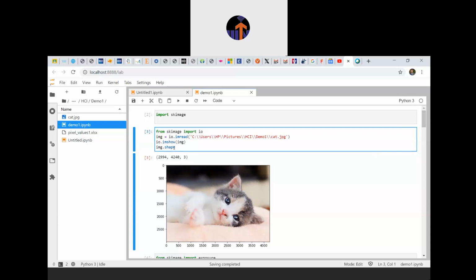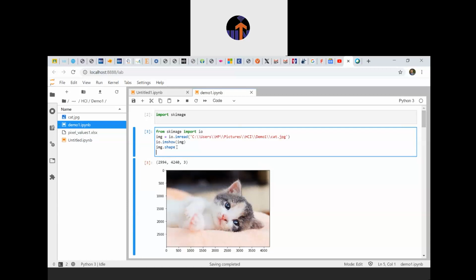Now the other one is called shape. The shape is used to find out the resolution of an image. So if anyone asks you how to find out the resolution of an image, you can just call img dot shape, and the shape will be prompted.